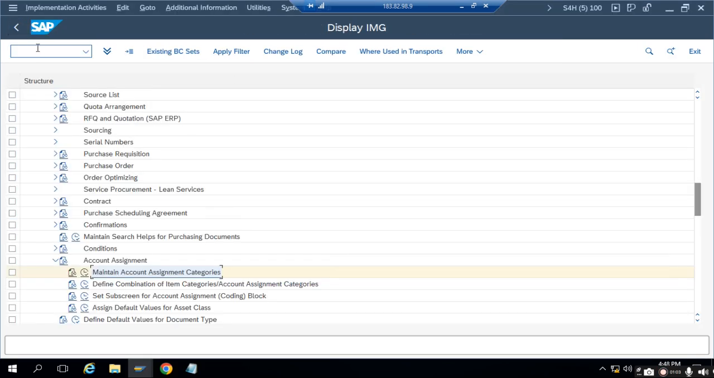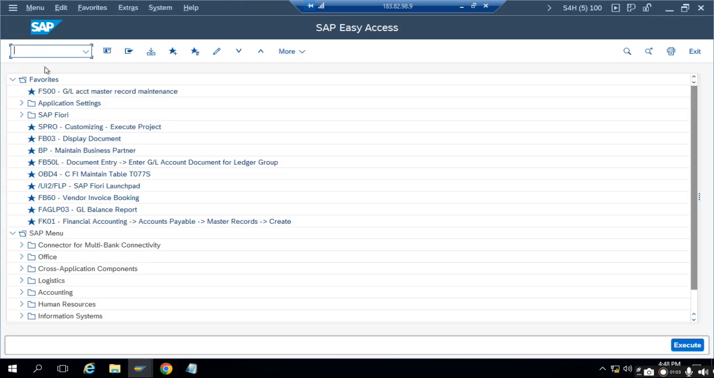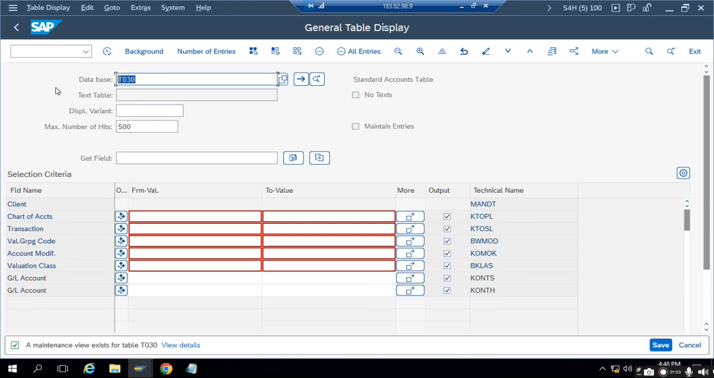The system will go to the OBYC GL account mapping setting. For the GL account mapping setting, I will show you table AC in AC16N. So the relevant table is T030. Here, to determine the GL account, the system will first